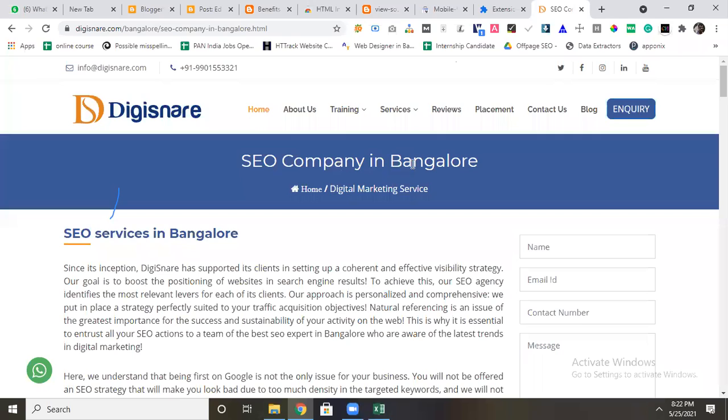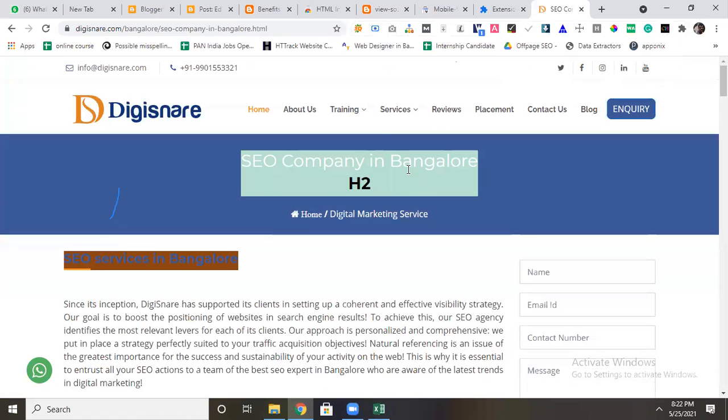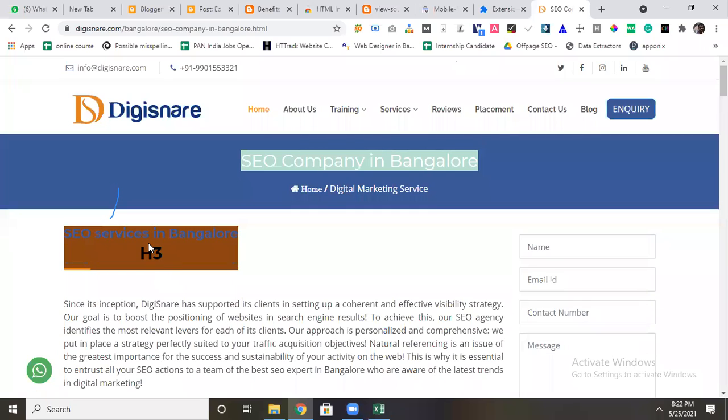Okay, this is my headline. I will click here. It is telling first time reload, fine, no problem. Here I am using H2, here I am using H3. Means you have to use between H1 to H6 tag headers, because Google gives the priority. If possible, try to use H1 as the higher priority one.